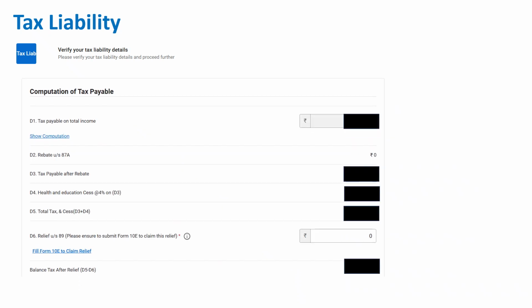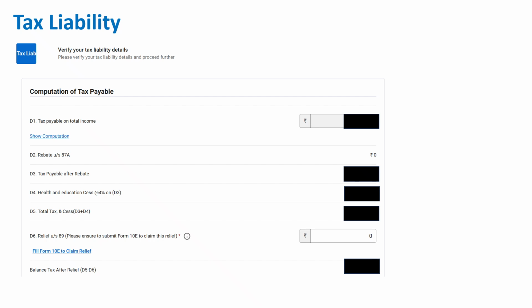This is the last part where you need to click on verify your tax liabilities. And this is very important because this is the final calculation of your tax amount, what you need to pay to the government. And this is how you can find on the screen. You will have tax payable on total income, and it will show you what tax actually has been paid by your employer and your other sources. And if there is any tax liability that needs to be paid, I would suggest that you pay it to avoid any interest in future. And once you pay the tax, this data will be filled automatically and you can see that the tax liability is reported as zero. There will be no tax payable amount reported.